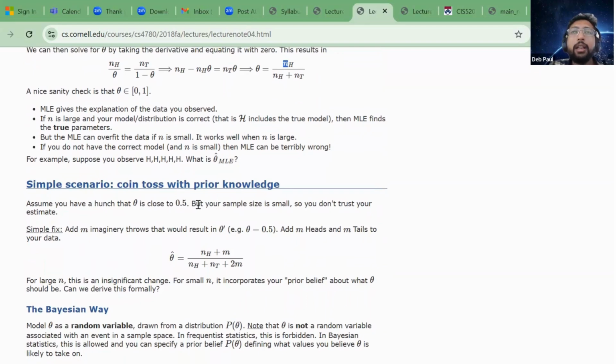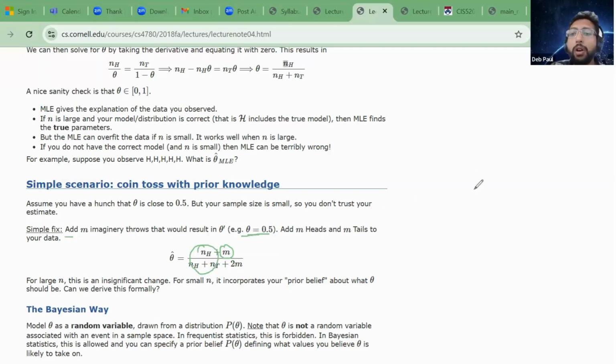Usually we'll see, if this is an unbiased coin, and somehow we see that... So to solve that problem, you will always add m. To make sure that it doesn't go to 0, you will throw in a value, so that if this is 0, your probability will default to 0.5, or whatever number you want to default to.